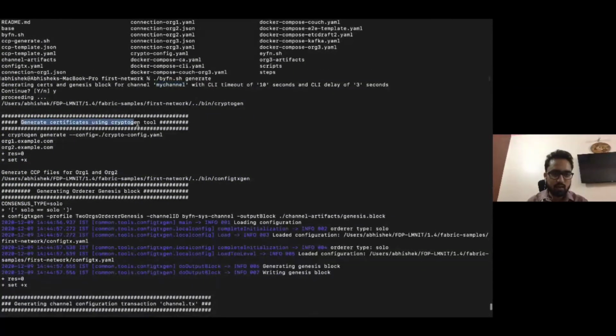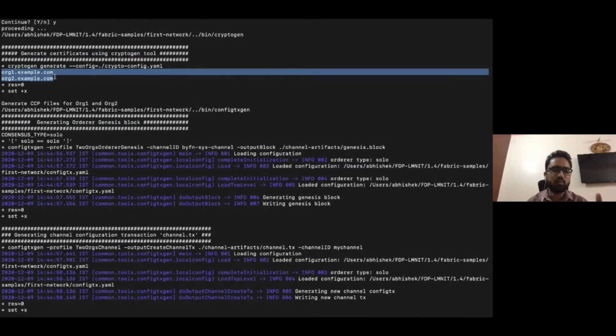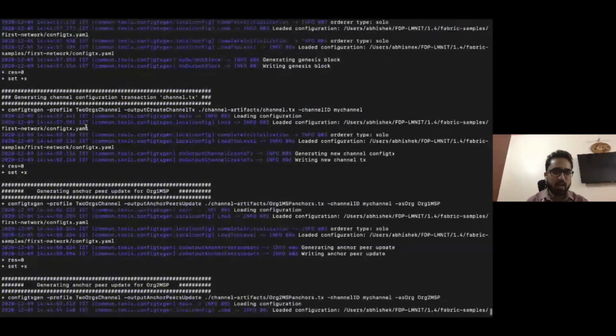So it is generating certificates using the Cryptogen tool. It has generated certificates for the organizations, the peers that we have, and the orderers that we have. After that, it will create some channel configuration transactions. In our network, all the parties have to be part of some channel.